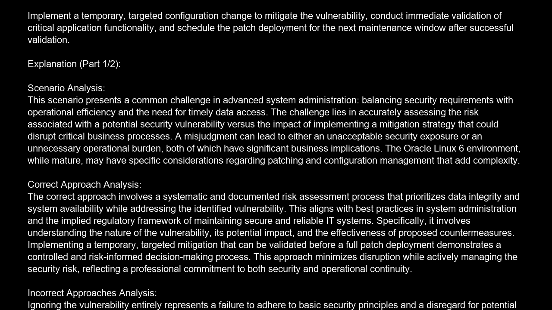Implementing a temporary, targeted mitigation that can be validated before a full patch deployment demonstrates a controlled and risk-informed decision-making process. This approach minimizes disruption while actively managing the security risk, reflecting a professional commitment to both security and operational continuity. Incorrect approaches analysis. Ignoring the vulnerability entirely represents a failure to adhere to basic security principles and a disregard